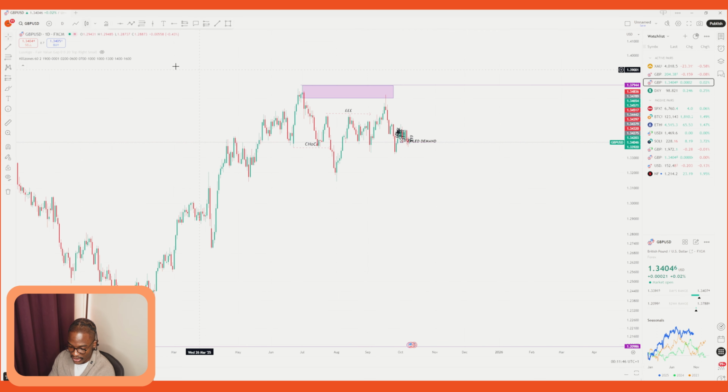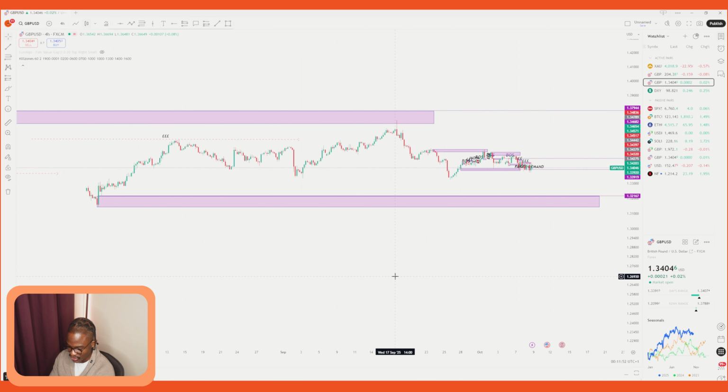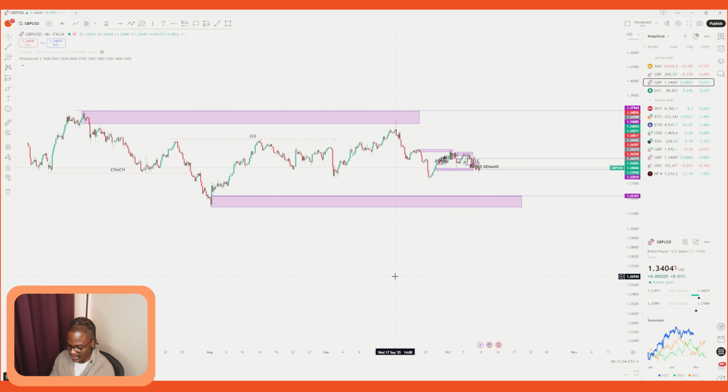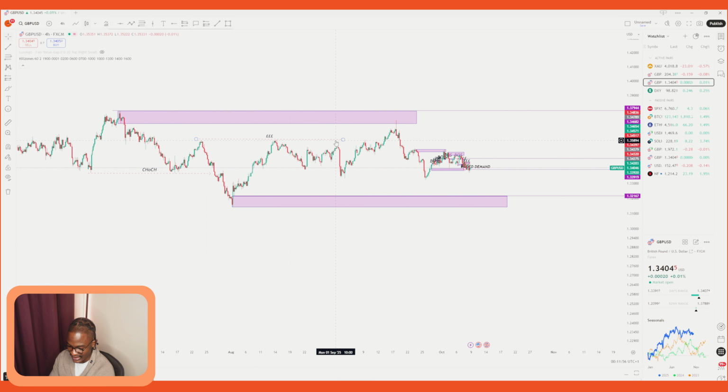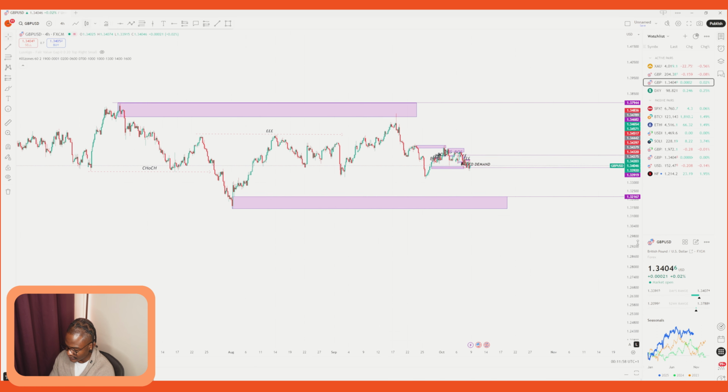So going into the smaller time frames, I'll check the 4 hour first. So from the 4 hour, based off of our analysis, you can see everything aligns. From here,